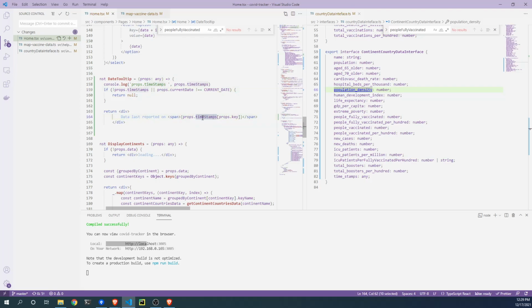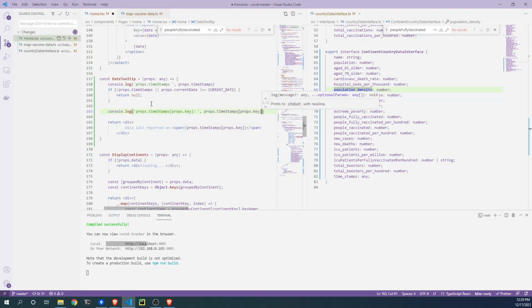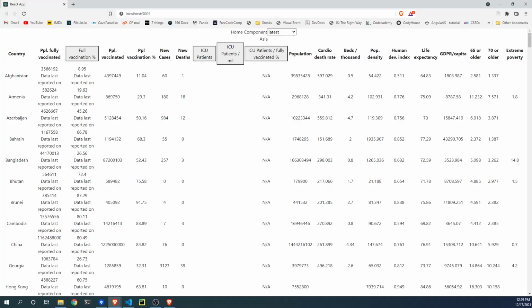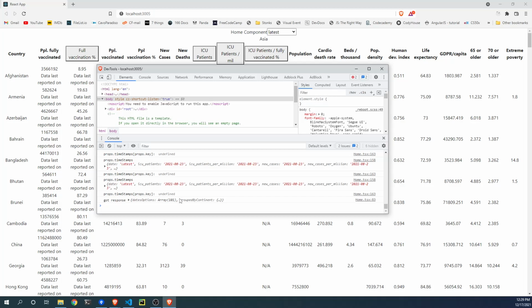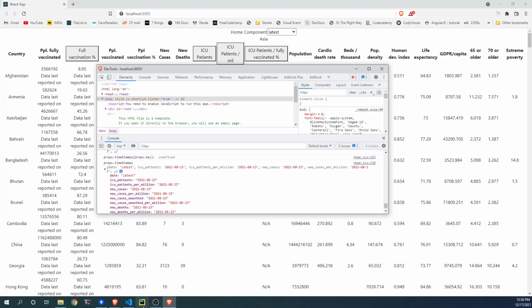Props, timestamps, of course, props key. What is props timestamps? And props key, then why doesn't it show anything? Why? Tell me why. It's undefined. Why is it undefined since I have this? No, I don't get it. Maybe because